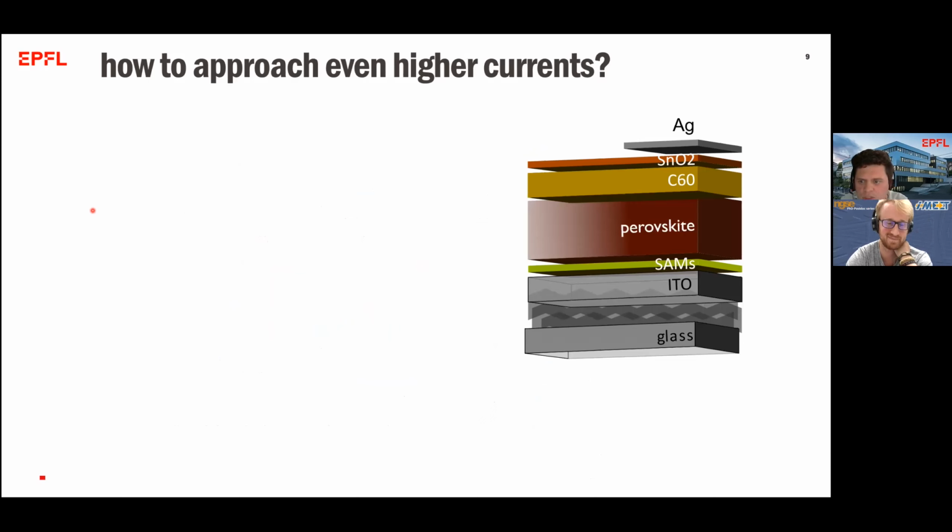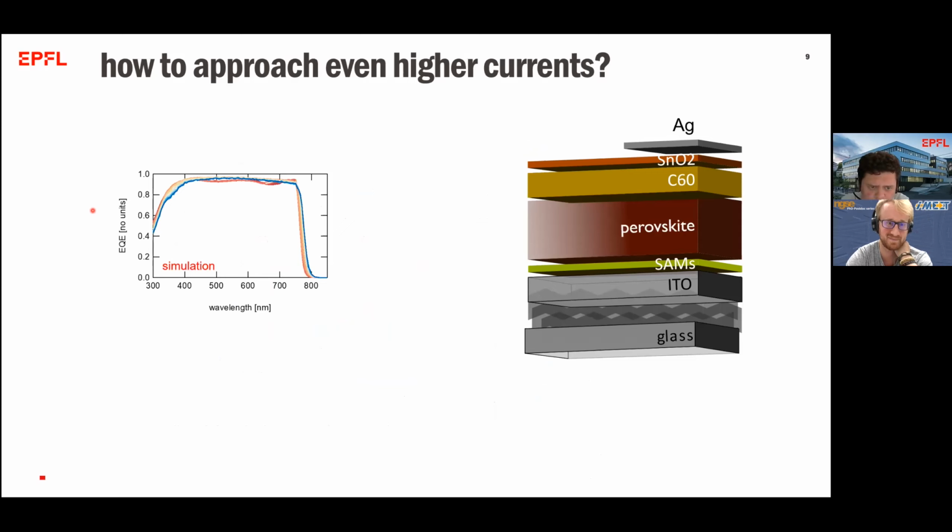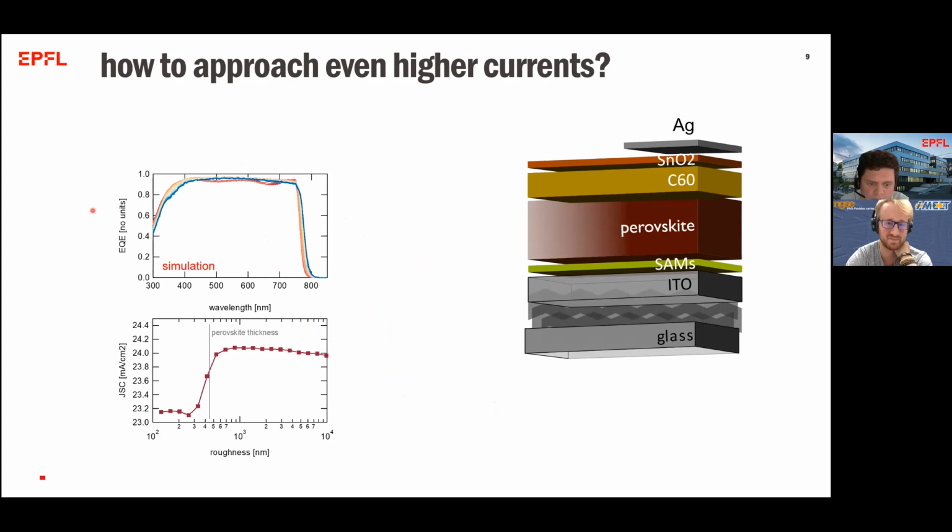Okay, so this is about zinc oxide. The question next is how can we get even higher currents? Again, some optical simulations. In this case, I varied the roughness of the underlying texture. There's a little bit extra beneath the glass, so don't be fooled. I omitted, not purposefully, that we have some extra anti-reflection coating here. Otherwise, you wouldn't be able to go so high in